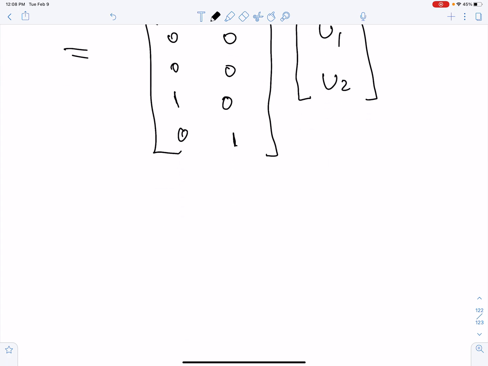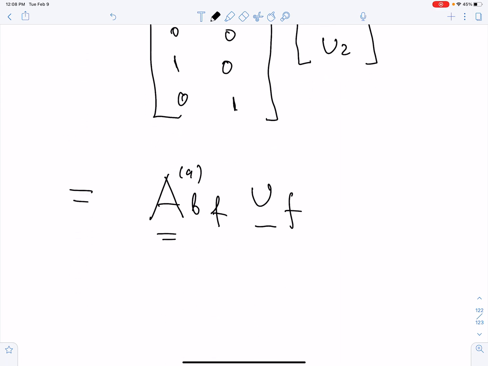And what you find is that this is exactly A_BF for element A times UF. So you use the A_BFs to express the force balance, and you also use the A_BFs, these Boolean matrices,